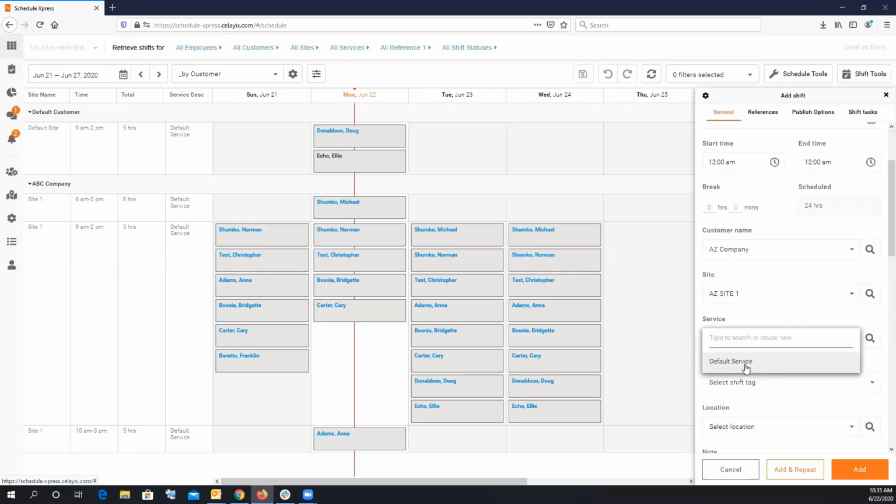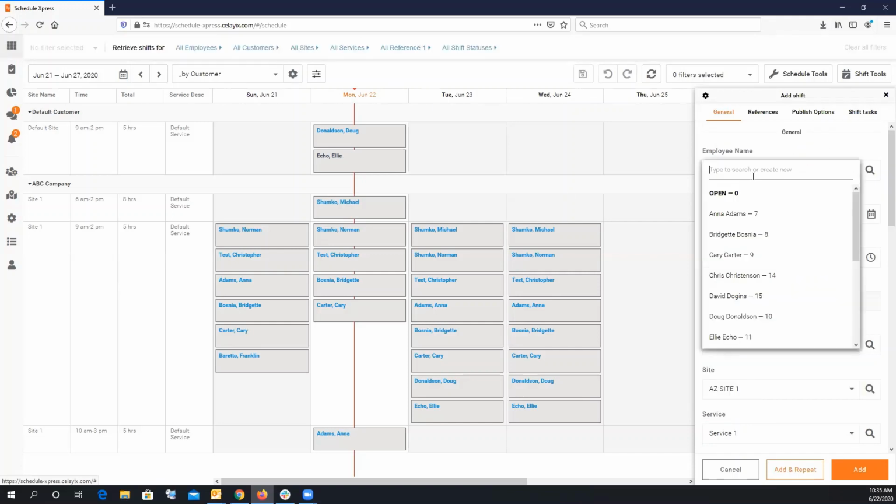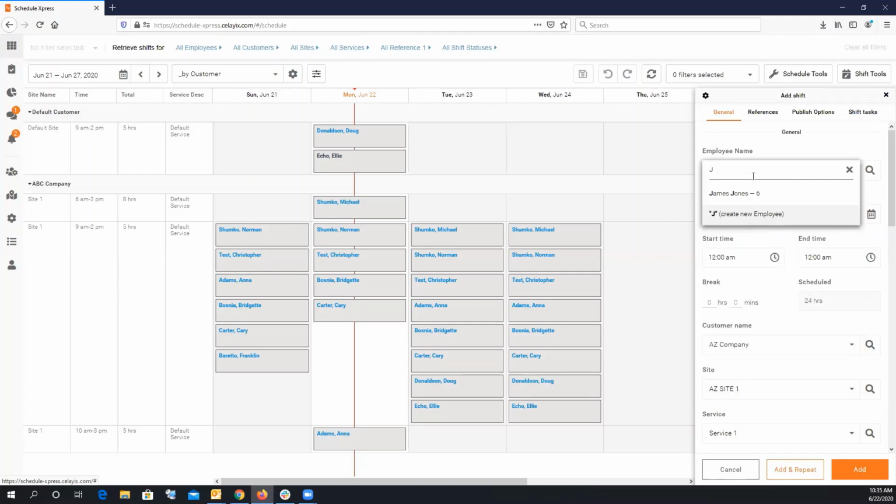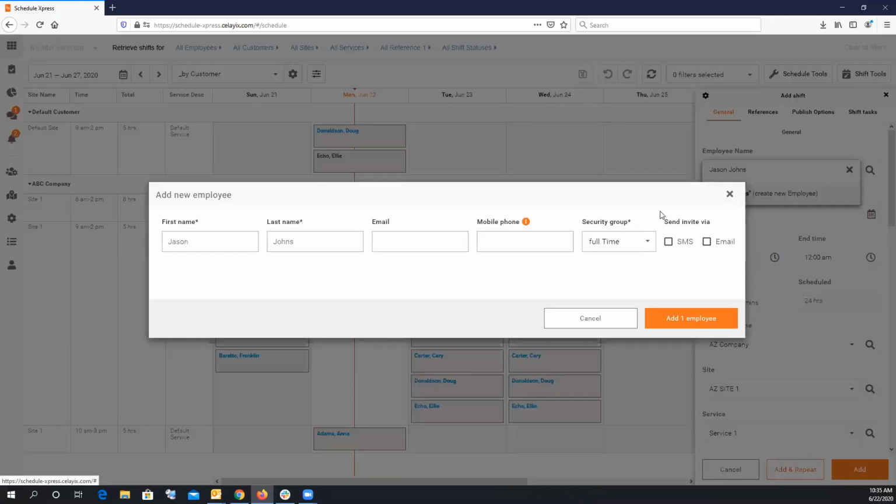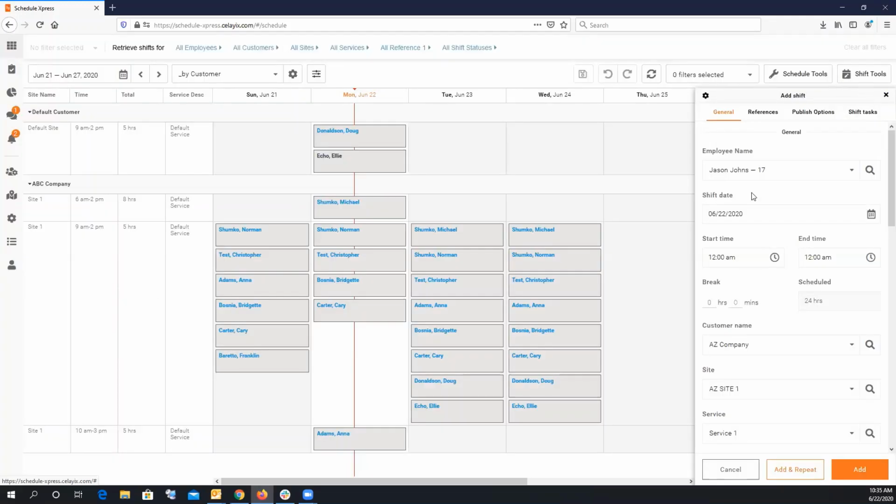And then service. I have default service. Let's add service 1. Create new service. Right? I added a new service as well. And also, this also works for employee. So if I wanted to give this to Jason Johns, it didn't find it, so it says, do you want to create this? And I click create, and I can plug in his information, but I can click add, done. So right from the shift form itself, I actually created a new employee, a new customer, a new site,